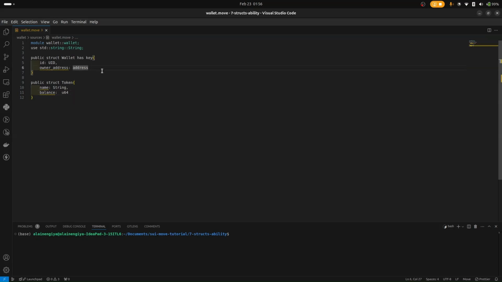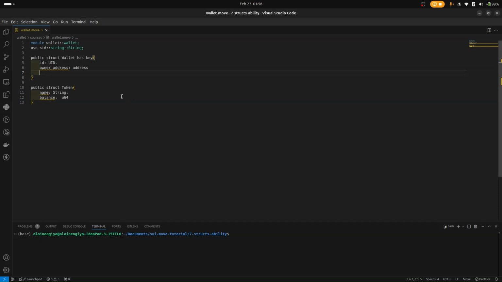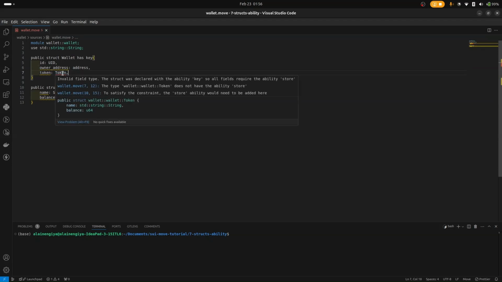Now come back to our wallet. Coming back to our wallet struct, we're going to add token. Then this will be of type Token, which we just created. So it's supposed to be of type Token. Okay, so now